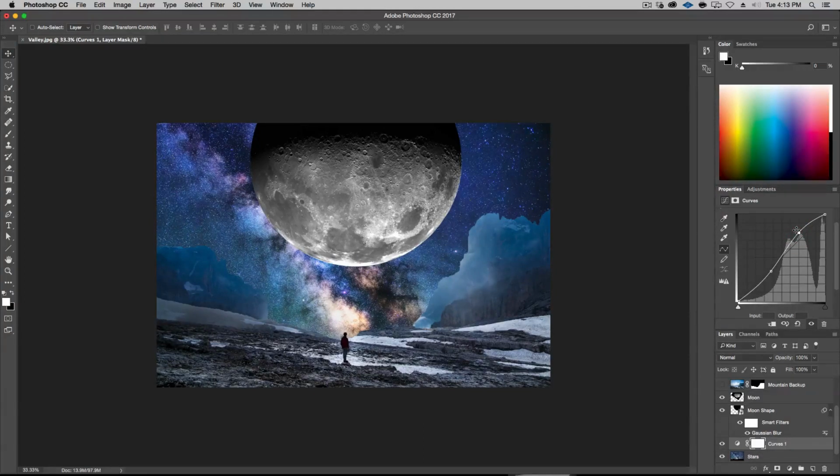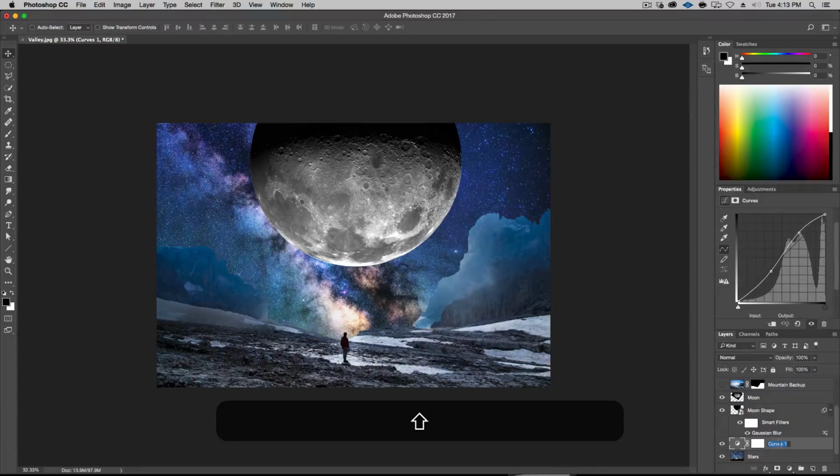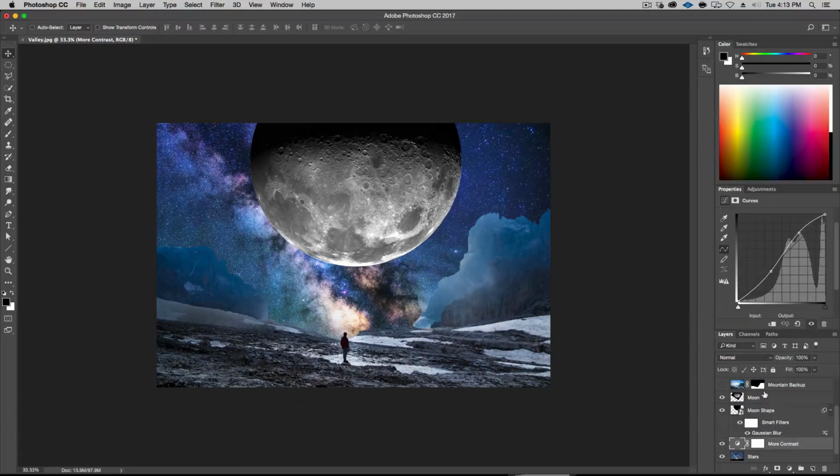That's pretty good. And we'll just call this more contrast. Something like that. Okie dokie. And we want to darken these up a little bit, so let's go ahead and do that. But overall, definitely I need to be in the same sort of color space, and I don't have that right now.